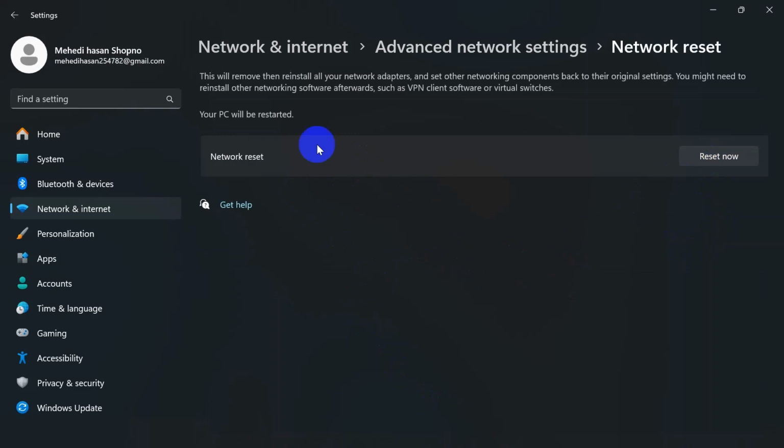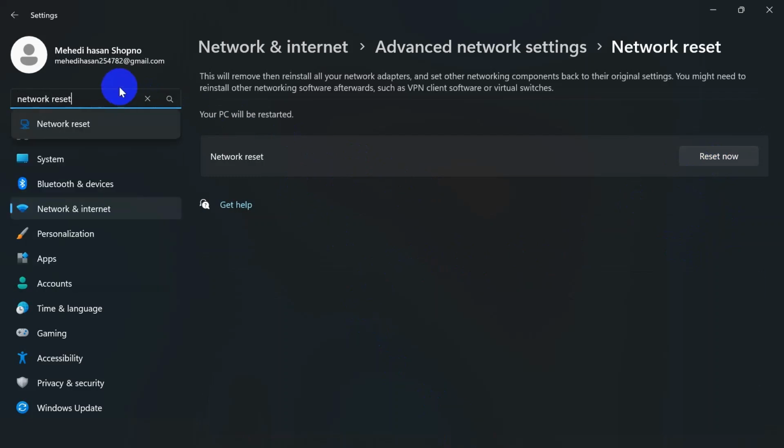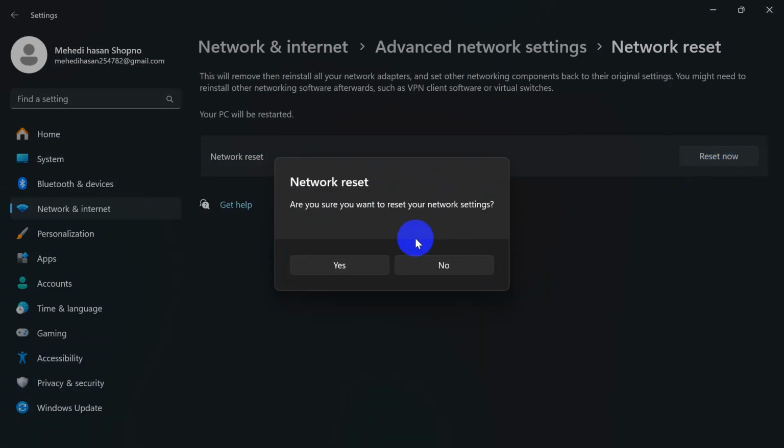You can come over here, just simply typing network reset into the search bar. If you click on that, you will automatically open your network reset. If you just click on reset now, click yes,